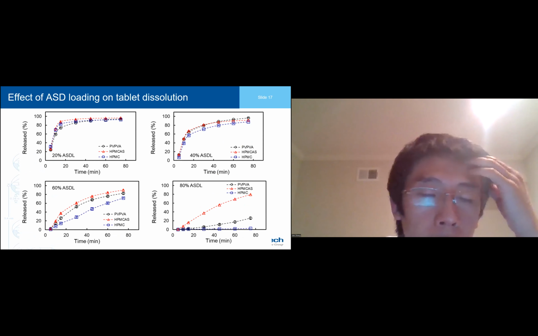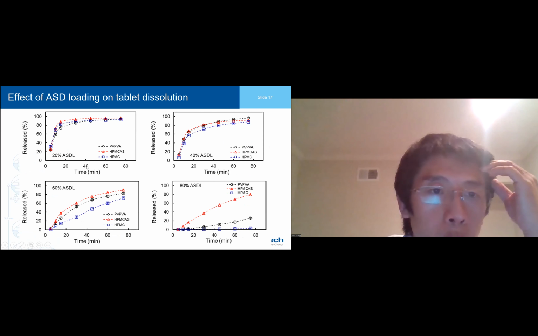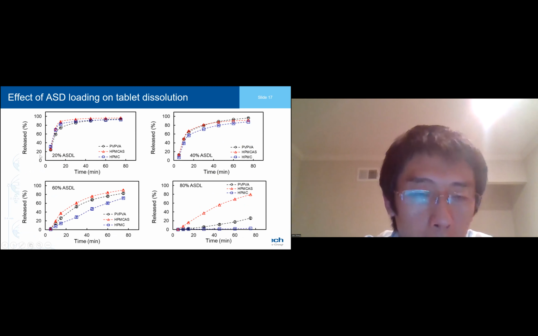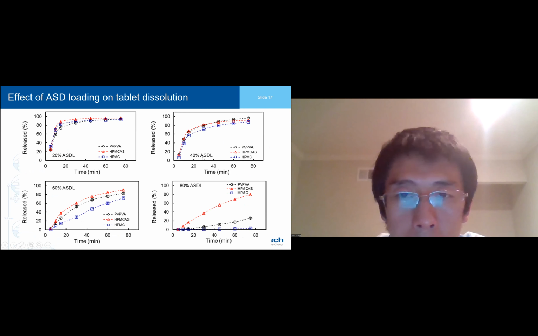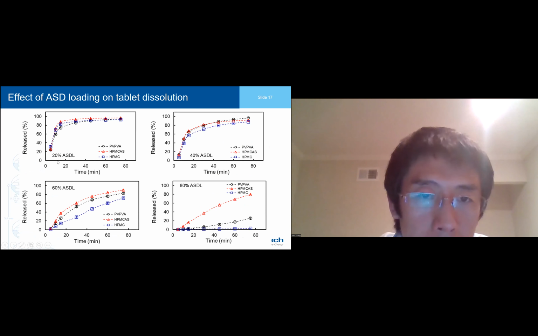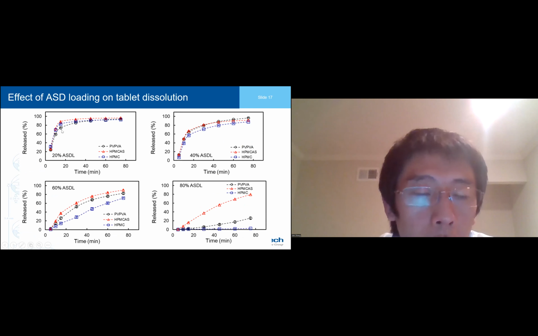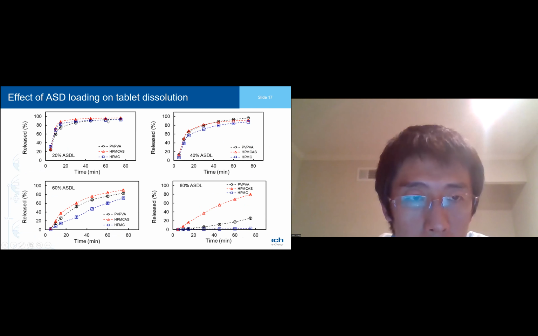In the meantime, when we test the disintegration time, we also evaluate the dissolution of the ASD tablets. So this is the drug released versus time at 20% ASD loading, 40% ASD loading, and 60% ASD loading, and this is 80% ASD loading. So at a lower ASD loading, we can see for different polymers, they all achieve the full release, and the